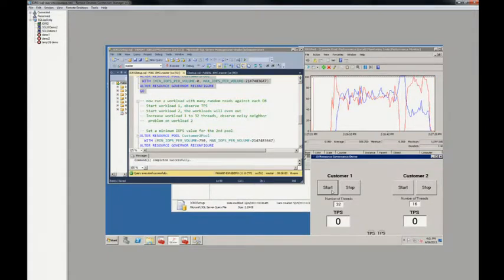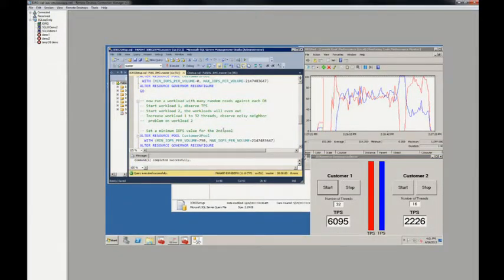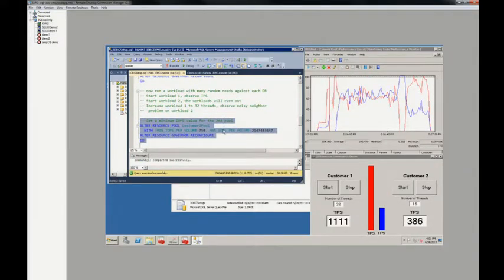So as a hoster, what I want to do now is put a minimum guaranteed IOPS for my preferred customer, right? So that's what I'm going to do here. I have a minimum guaranteed IOPS of 750. And look at what happens when I execute that. Suddenly my customer 2 workload is able to gain its share. There is a minimum guaranteed number of IOPS that he gets, and you can see the blue line now trying to get back, even though the other workload has more threads. It's disproportionately doing more work, but because customer 2 is my preferred customer, I'm able to guarantee